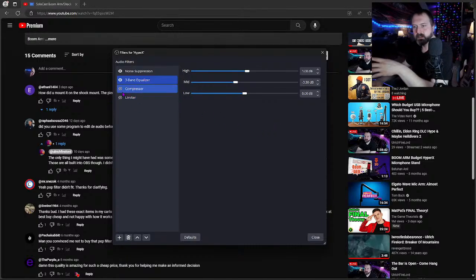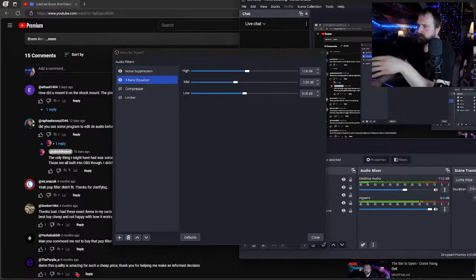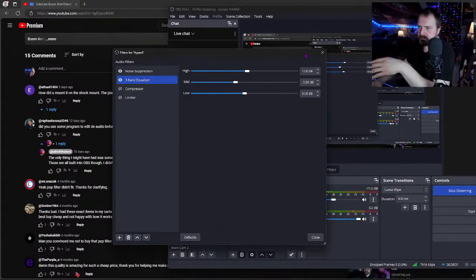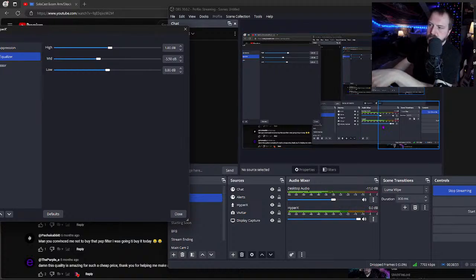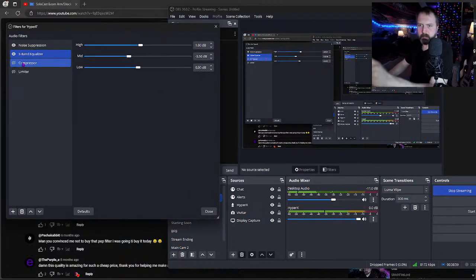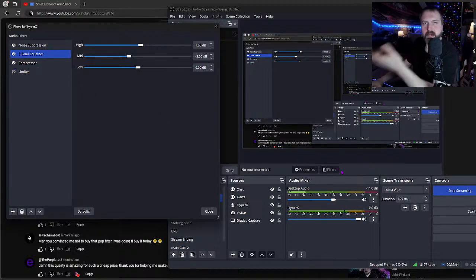Now, the compressor is one of the most important ones, because that makes it so if I get too loud, it doesn't, like, freak out. Like, I'll show you here, too. Like, do you see right here? When I get too loud, it goes way red like that, right? So when I turn on my compressor, now if I get too loud, the compressor will kick in. It's like, hey, he's way too loud. Let's bring it down, kind of even it out a little bit.